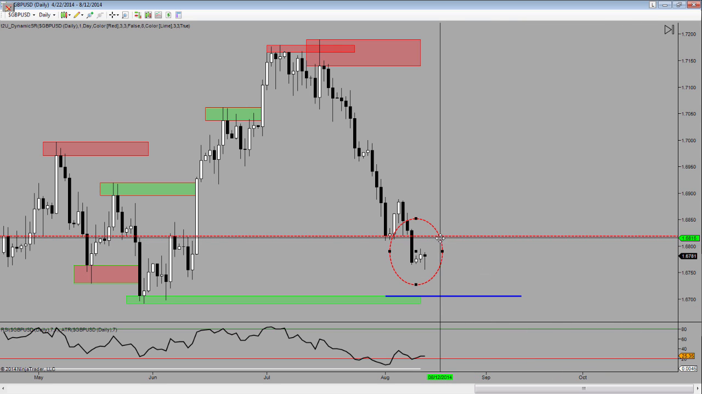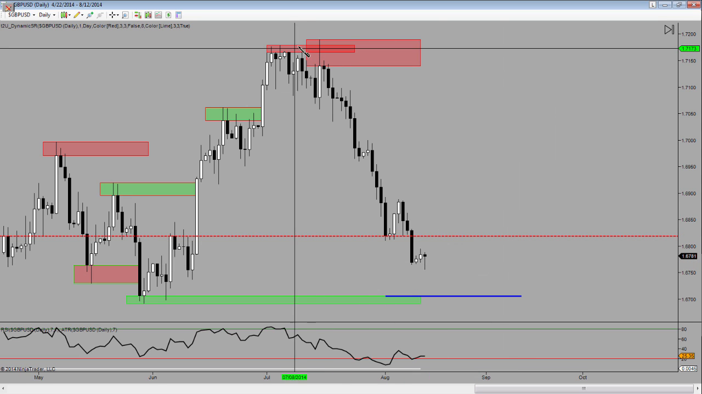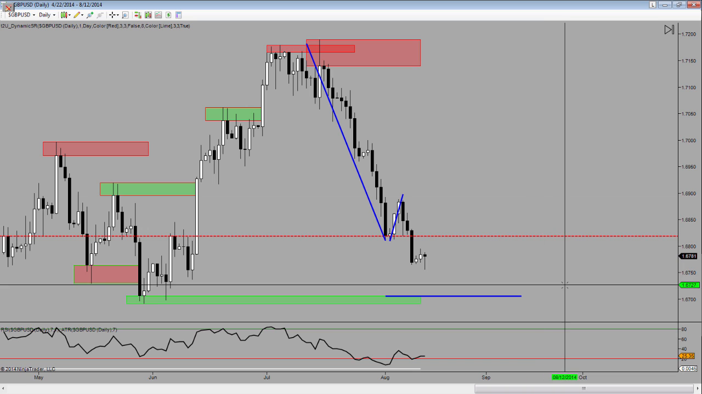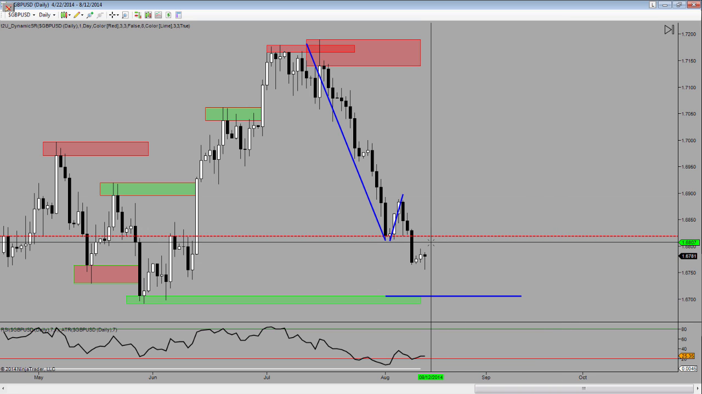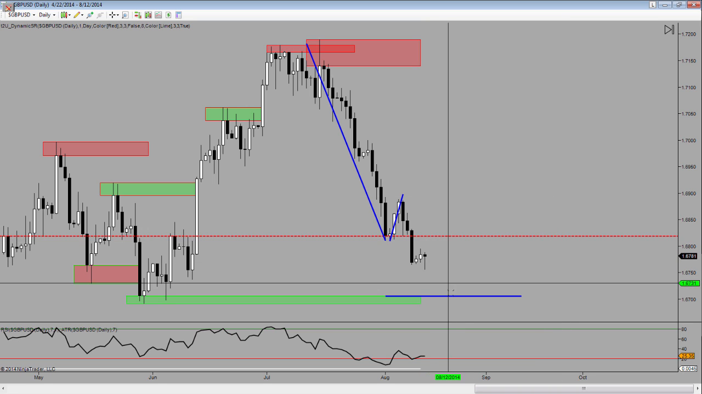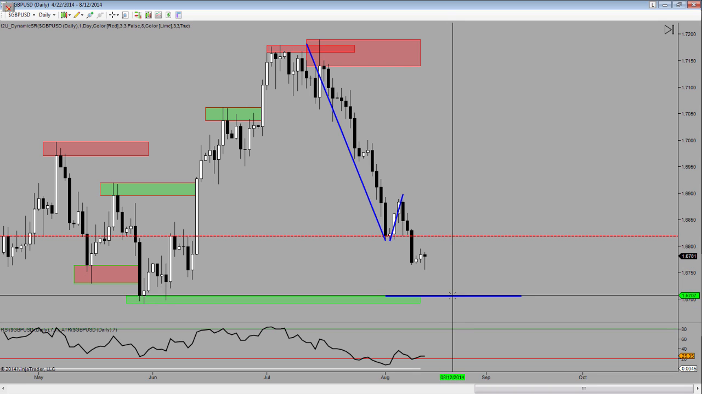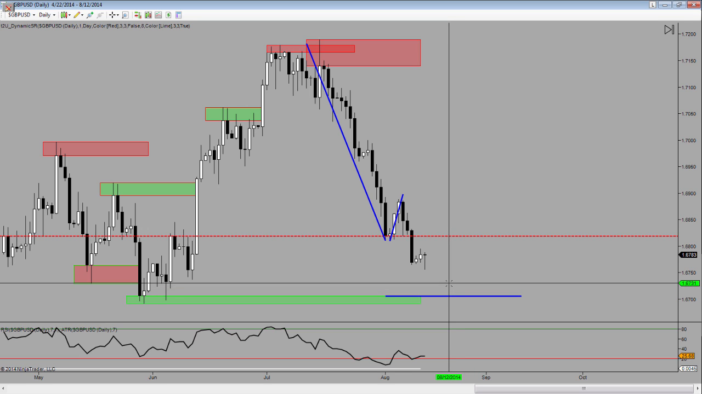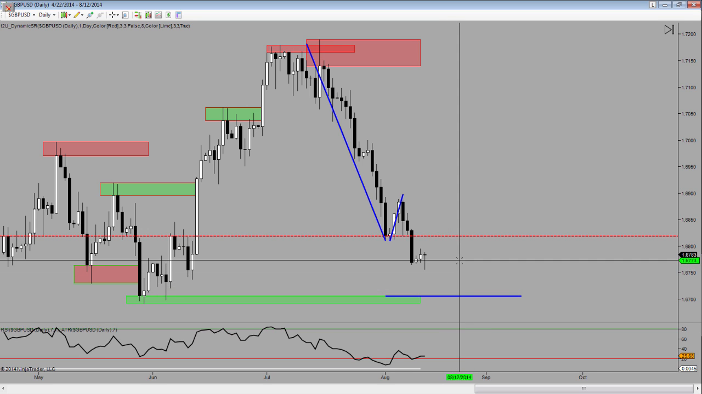We also just came off a move like this, right? We just have a lower low, lower close. So my bias on pound dollar is bearish. Until I see something else, my bias on pound dollar is bearish. So if I had to make a prediction here,